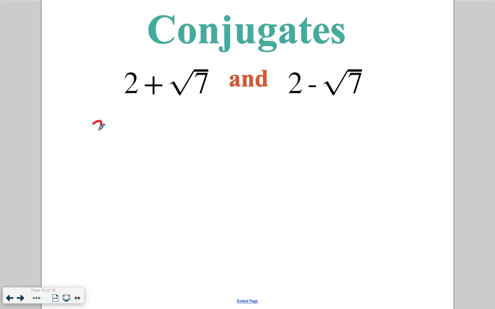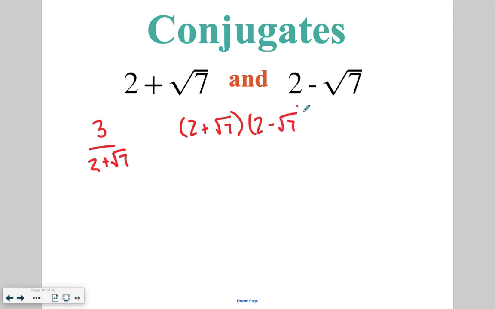So let's say your original fraction was 3 over 2 plus the square root of 7. This is just looking at the denominator part. We'll get to this numerator part in a minute. So to do our rationalization to get that square root out of the bottom, we're going to multiply by the conjugate, which means the opposite. That's how we got to this 2 minus square root of 7. So we're doing 2 plus the square root of 7 times 2 minus the square root